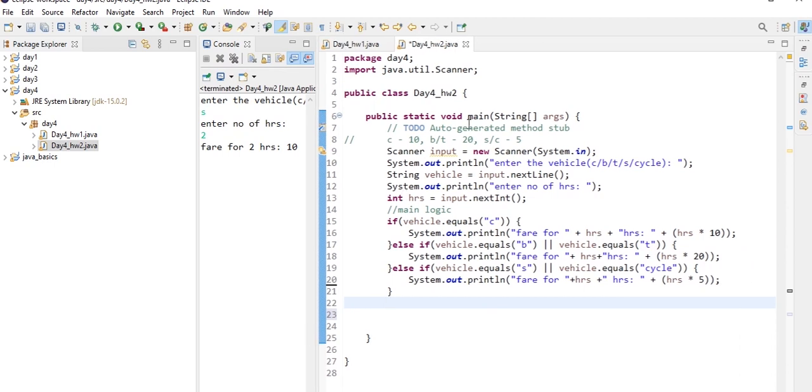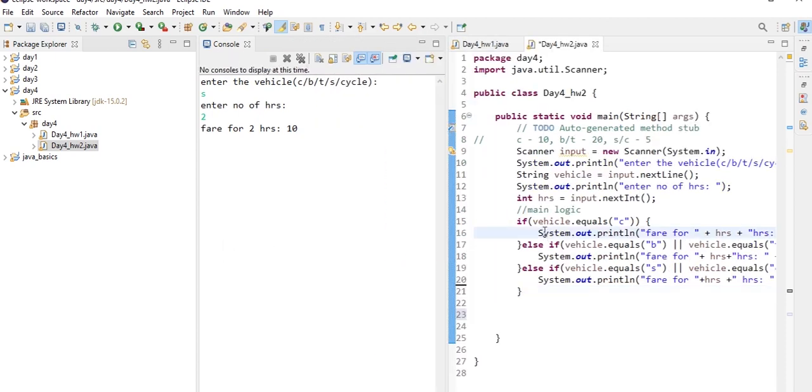Suppose if the user types something like hi or bye, something except these letters, that is C, B, T, S or cycle, we need to print some message, right? Suppose if we don't do that, let's execute and show. Suppose if I type hi, number of hours, it's asking. Suppose if I type 8 and if I execute, nothing is being printed.